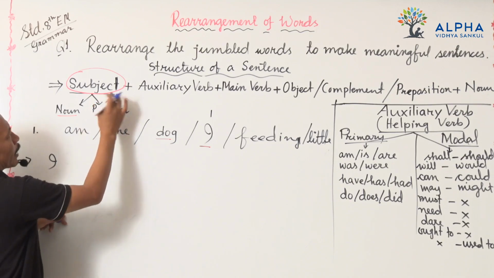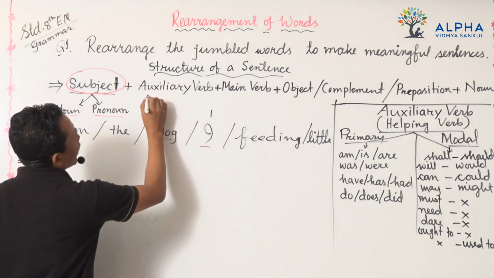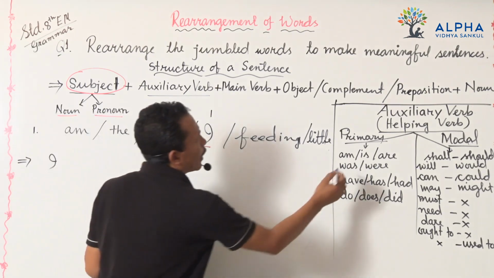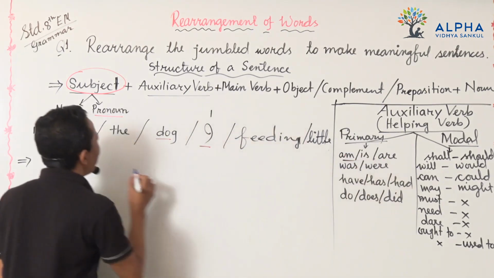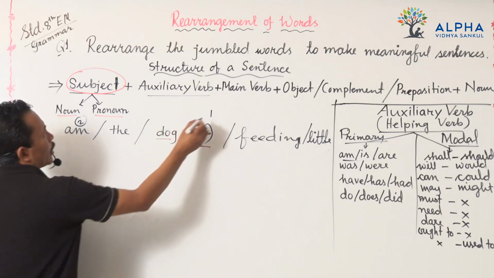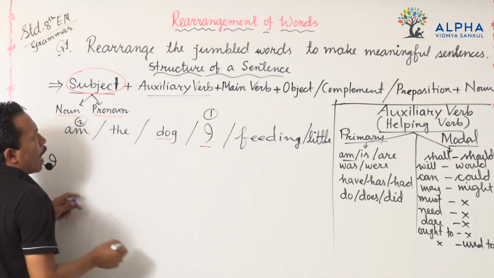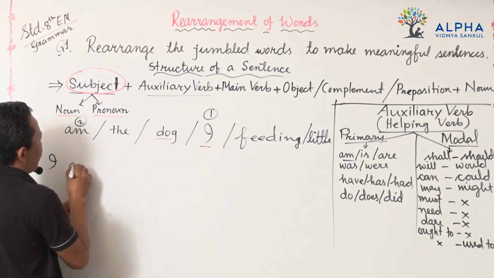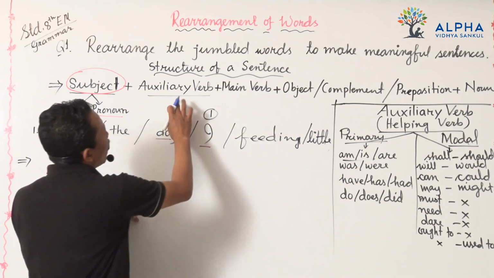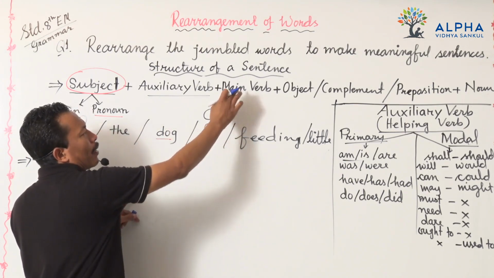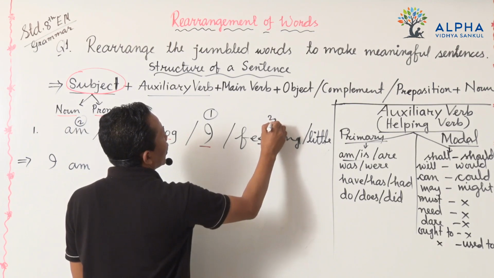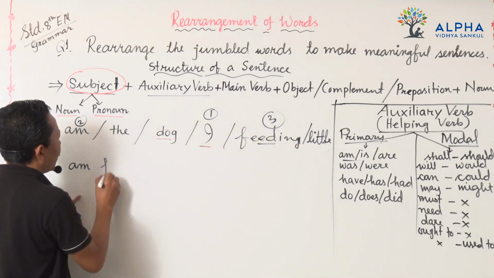Now we have the subject. After the subject, what will be there? Auxiliary verb. Am is the auxiliary verb here. This is number one, number two. I am, and after the auxiliary verb, what will be there? Main verb. Main verb is feeding. And this feeding is 3. I am feeding